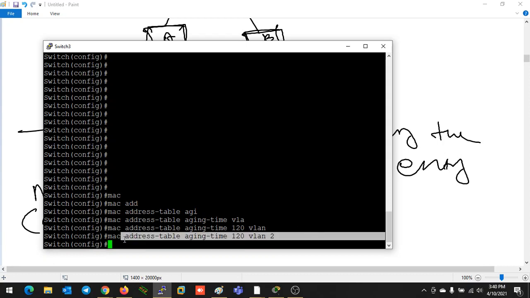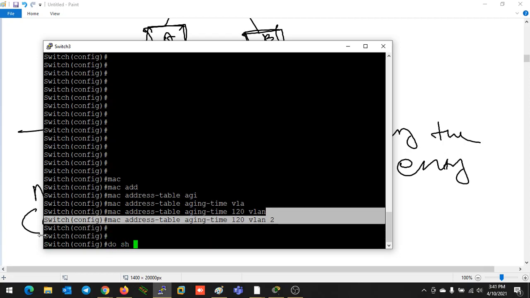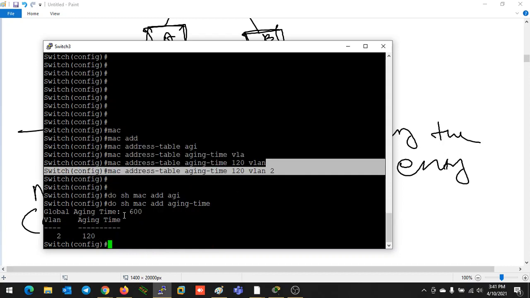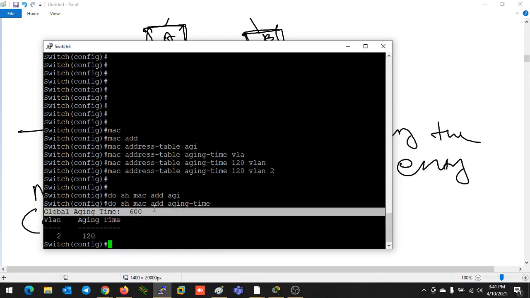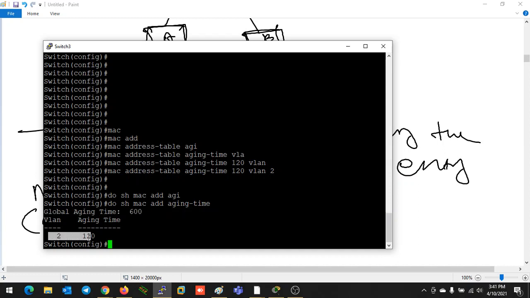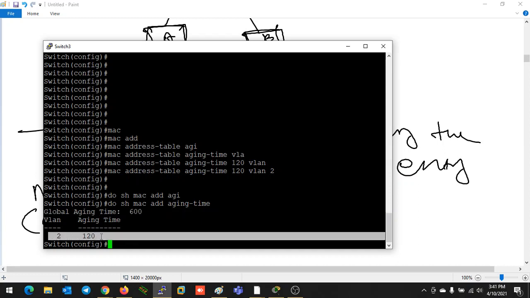If you want to change the aging time for a particular VLAN, you can run this command. If I check the MAC address table aging time again, you can see this is the global timer for all the VLANs, but for VLAN number 2 the aging time will be 120 seconds.